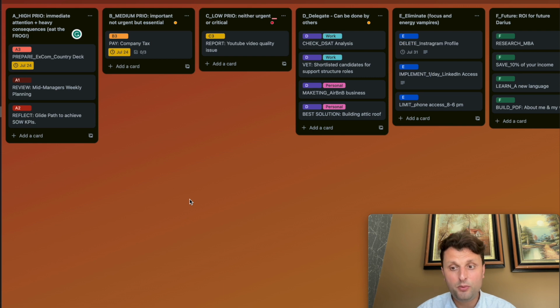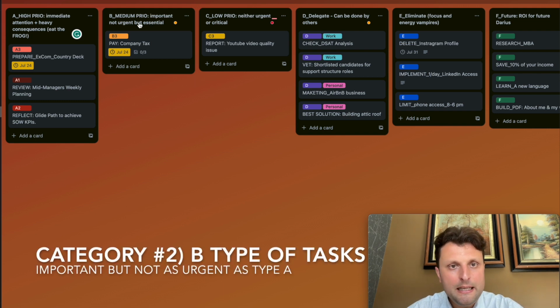There's no standard recipe over here. What works for me might not work for you. So please look within yourselves, within your experience, within your precedent, and take initiative over here, okay? Now, let's move to the B type of tasks, which I call medium